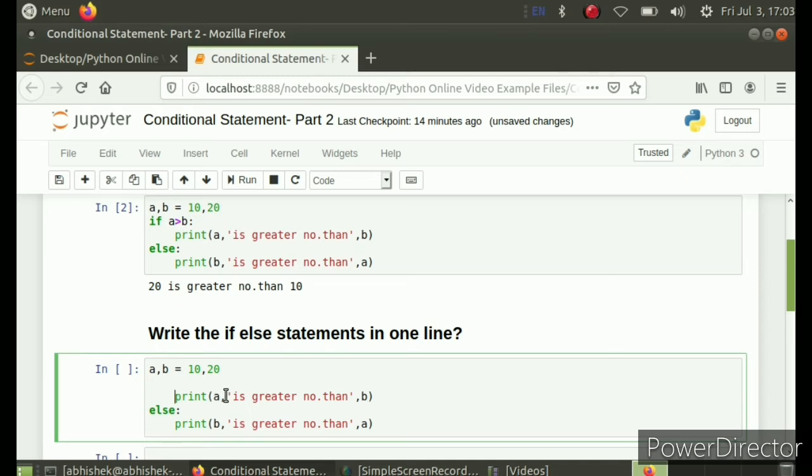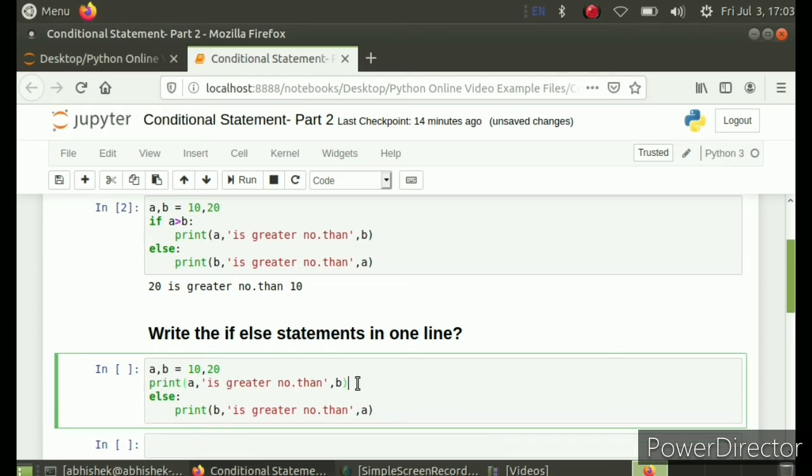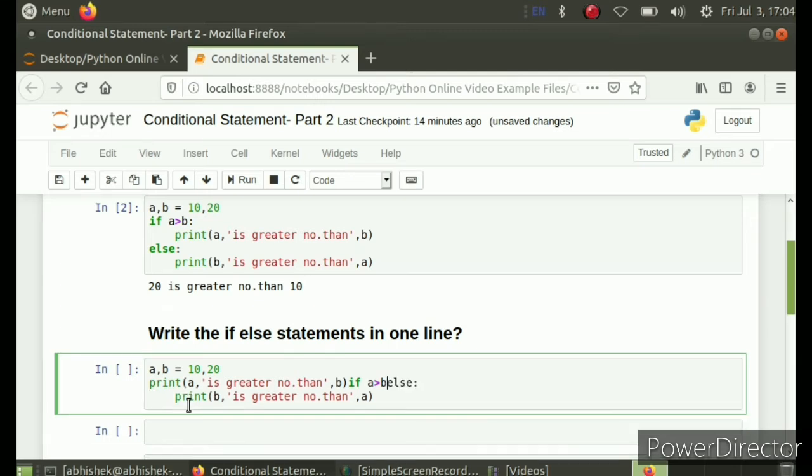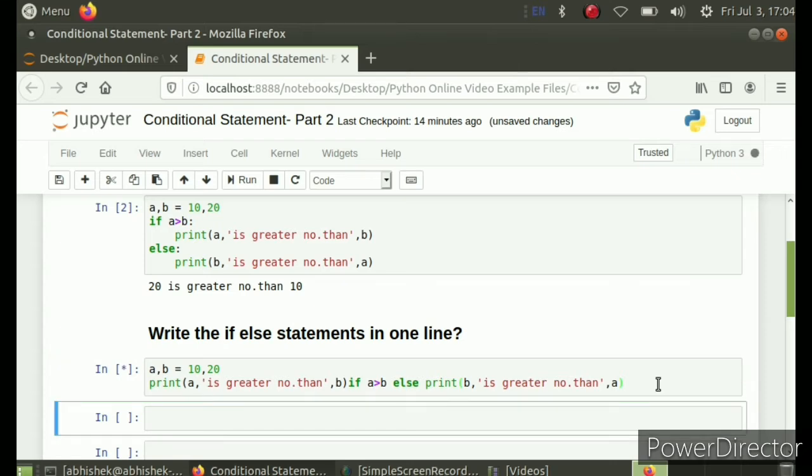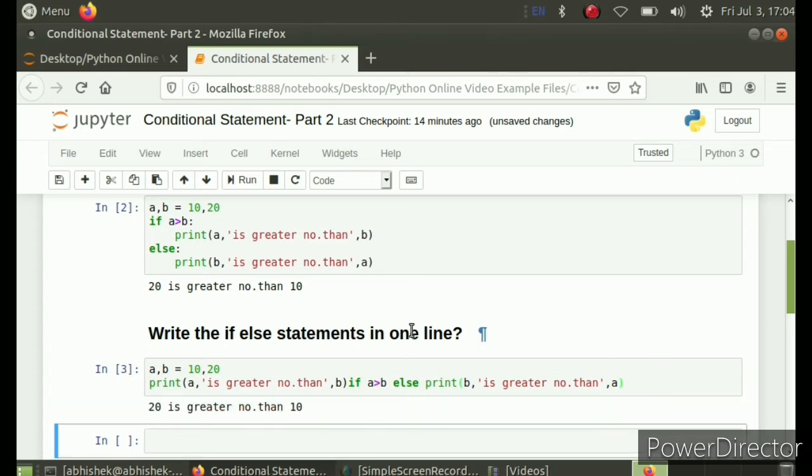When I speak something like this: print a is greater number than b if a is greater than b, else print b is greater number than a. This is something you will speak, and simply you have to write this here. Print a is greater number than b if a is greater than b, else print b is greater number than a. And see, 20 is greater number than 10, and it is just similar to the output of the previous cell. So this is how you write if else statements in one line.